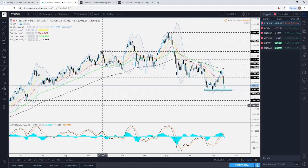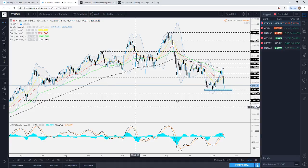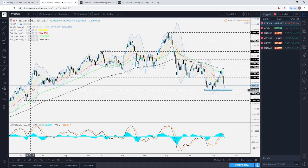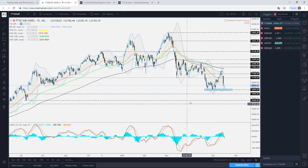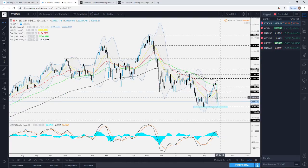19,930. Now this was marked by the highs that we saw around the 20th of April. Certainly, as you can see, after that we had a gap and moved higher. But this could be the next level to watch. And by the way, just to rephrase that a little bit, the 20th of April was last year, so quite an important level here. But of course, for that to happen, we would need to get a close below the